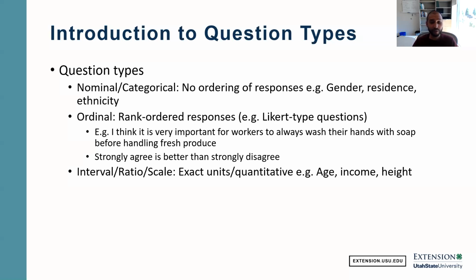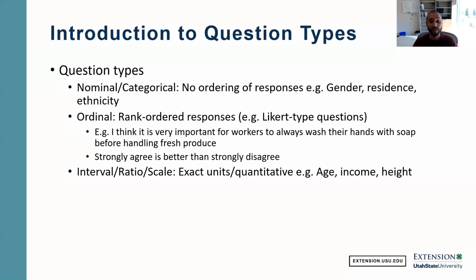For interval variables, the response option is usually in units. So for example, a question about age can be open-ended and the response is purely quantitative. Same goes for income and height. So interval, ratio, or scale variables are those where the response options are strictly quantitative and the value represents some